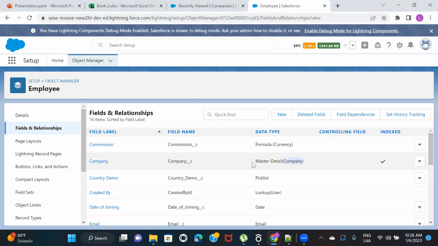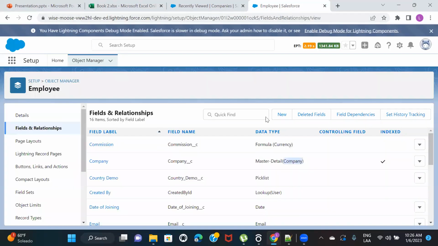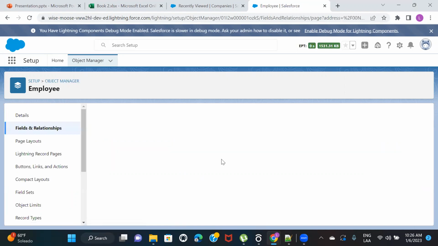So that means you cannot keep it as master detail, because in case of master detail, whenever you are creating a child, you have to fill the parent reference, right? But they are saying they don't want this required check now. So now you will think, okay, this is master detail, let me convert the data type from master detail to lookup so that this mandatory check will be removed. And in order to do that, if you click on edit,